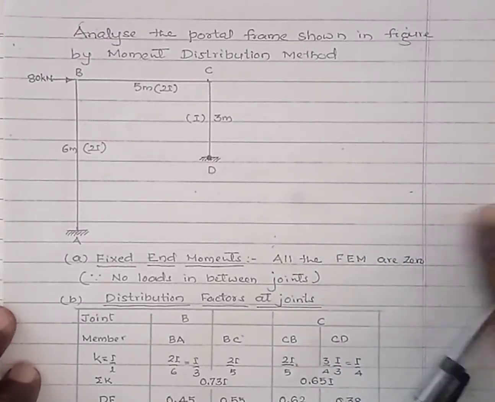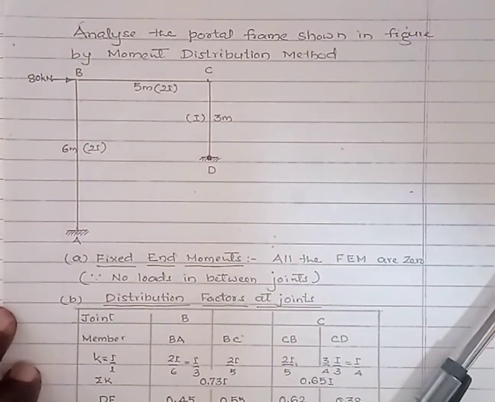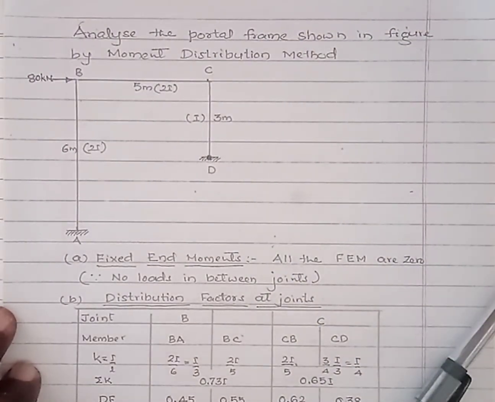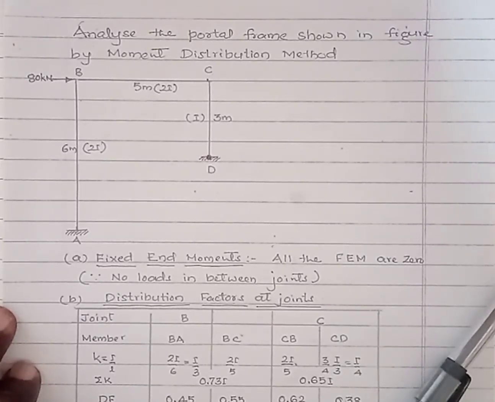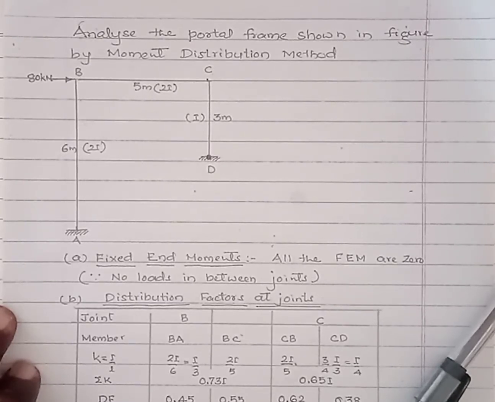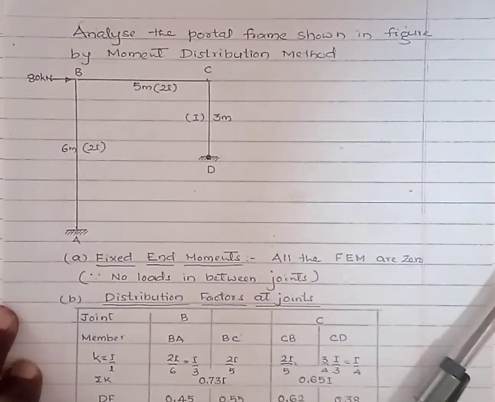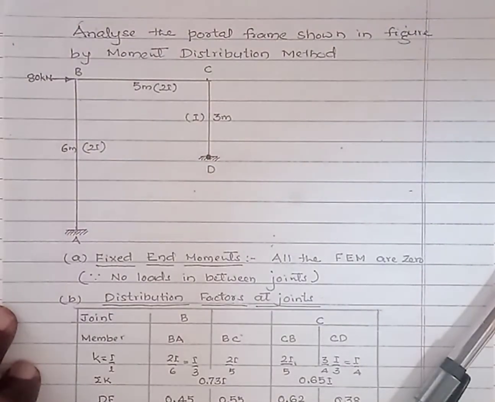Here we have to consider the additional fixed end moments due to the lateral sway. The fixed end moment due to the lateral sway is given by minus 6 EI delta by L square if both the ends are fixed. If one of the ends is continuous and the other end is hinged, for the vertical members only you have to consider, the fixed end moment due to lateral sway is minus 3 EI delta by L square.